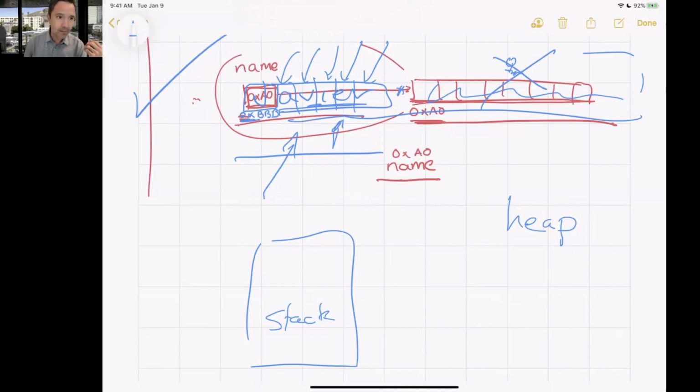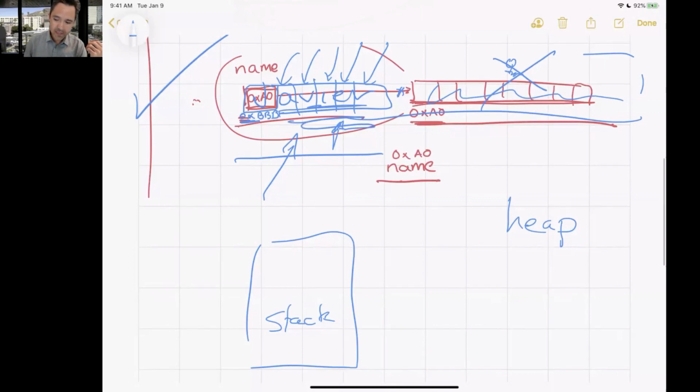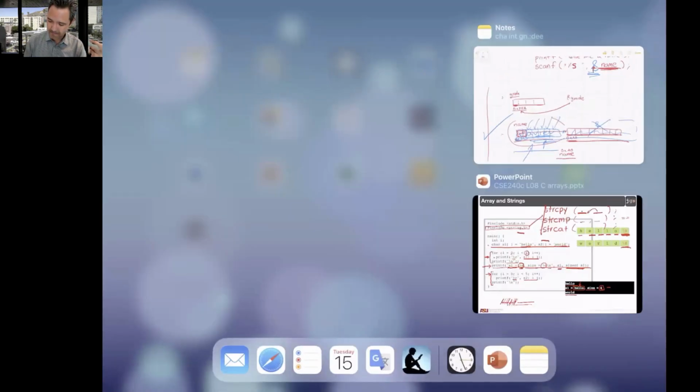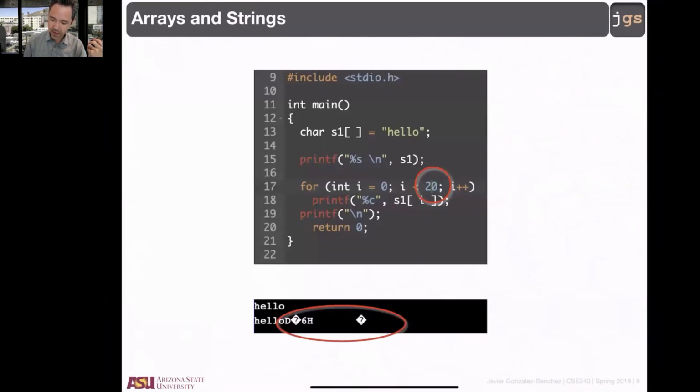This is just an error. This happens just because you forget the ampersand. But what if what I want to do is to forget the ampersand? That is an attack. I show you this example here with the 20. The only thing that I am doing is printing things, and I can print garbage. But what if